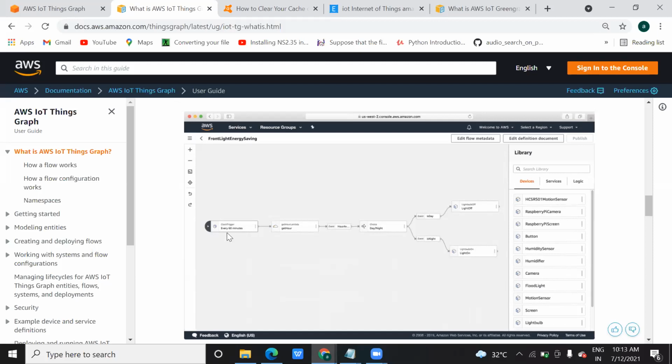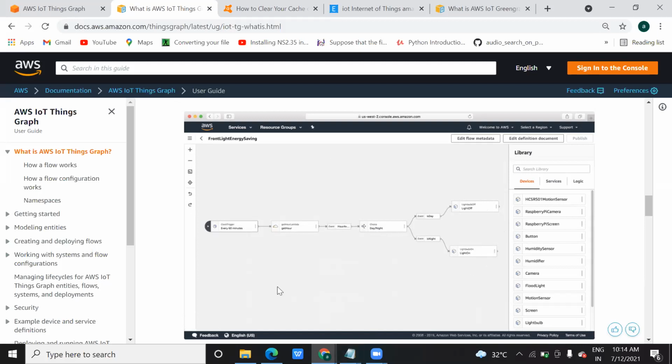Here you can see a clock trigger every 60 minutes. Then it will take the hour with some function, the hour, minute, second. Then you will perform some event. Then you will make a choice whether to accept the signal in the day or night, and based on these two events you will switch the light off and on.